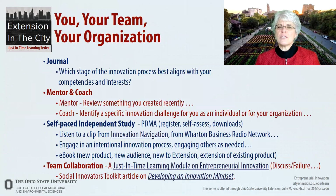If you work with a coach, talk with them about specific challenges or barriers and engage them in helping you see how you can move through some barriers for yourself. Some self-paced independent study, like I had mentioned, through PDMA. If you'd like, listen to a clip from Innovation Navigation that's available from the Wharton Business Radio Network, also in Sirius Radio. You can engage in an intentional innovation process and engage others as you'd like, develop some creative products,